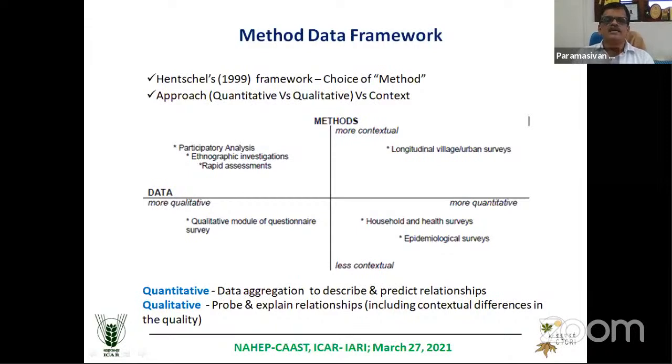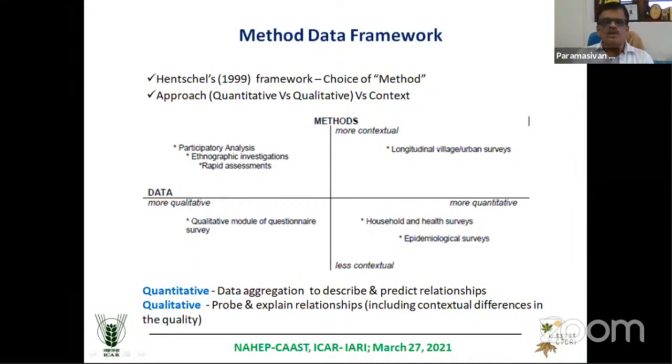Okay, now you can look at the diagram. There are two aspects. One is approach, another one is context. So qualitative methods focus more on a context, like a location specific. We call it location specific. That is a disadvantage in qualitative methods, because we cannot draw any kind of generalization when it is context based. It is context based, like COVID based, region based, even one state focusing on only one group of farmers. So there is more contextual research, and there is less contextual research. You can look at this.